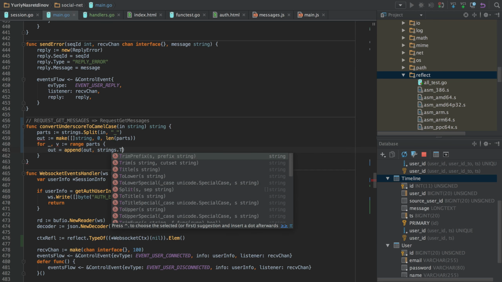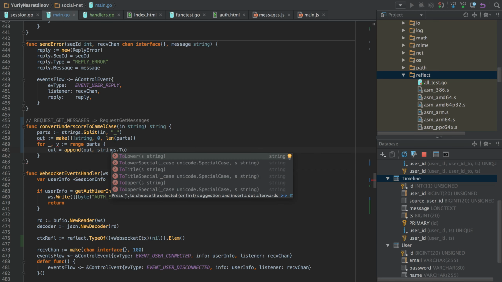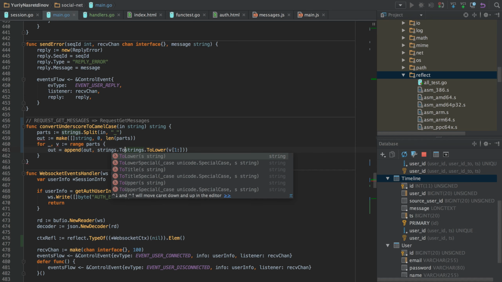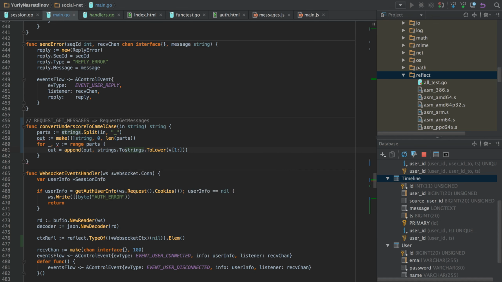So the first letter would be capitalized, as you can see. So to uppercase. Yes, the rest would be lowercase and the first would be uppercased.